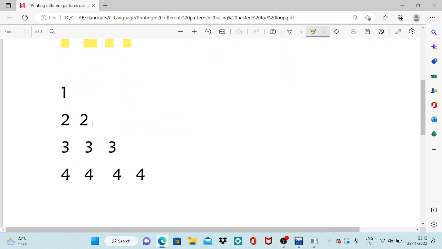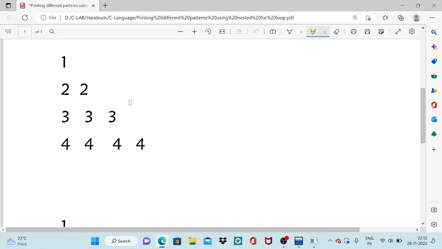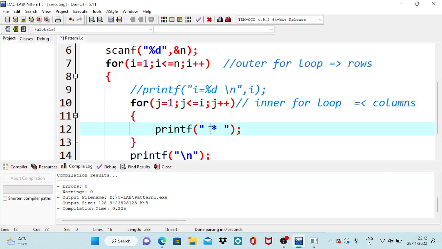One more pattern. This time, if you observe, instead of the star symbol, we are going to print digits. If row is 1, we are printing 1. If row is 2, we are printing digit 2. If row is 3, we are printing digit 3. If the row number is 4, we are printing the row number. So the row number is pointed to by which variable? Variable i. So instead of star, you maintain %d and print the i value